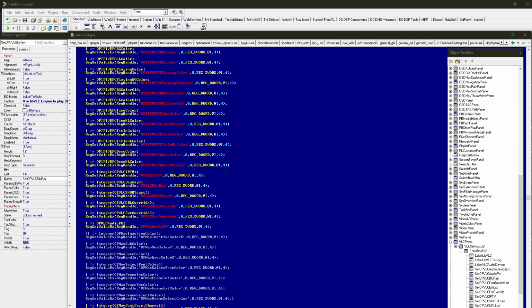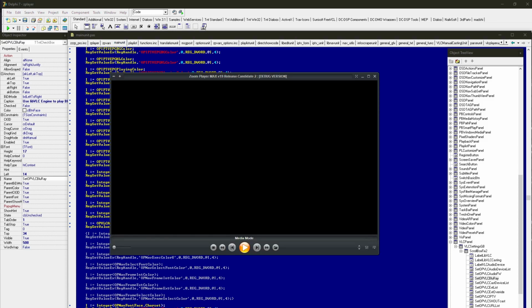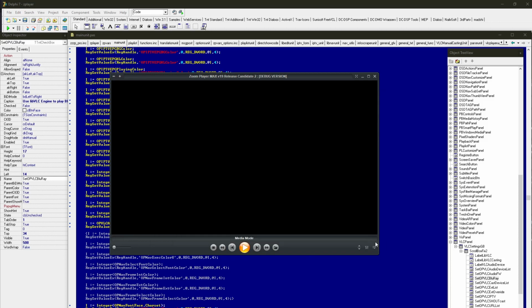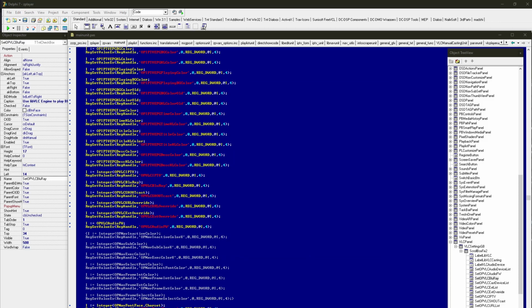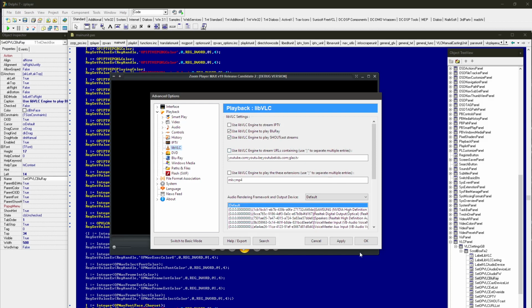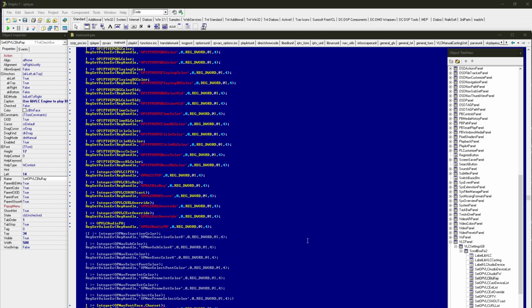Let's double check. Okay. Let's enable it, close, and is it saved? Yes. Okay. So now I need something smarter on the station